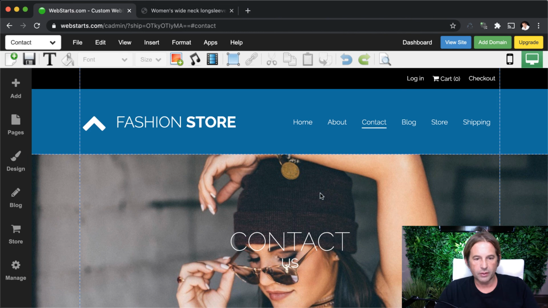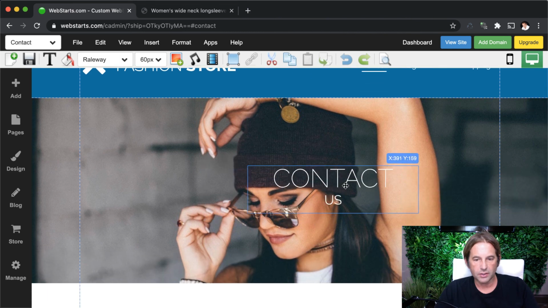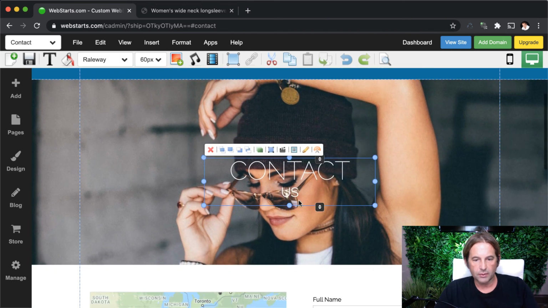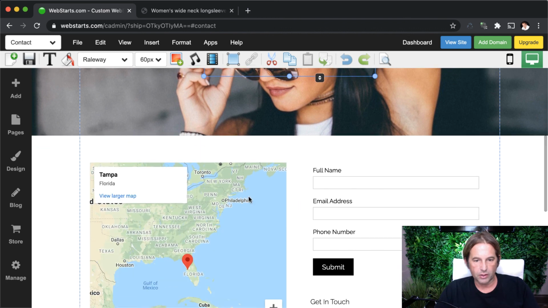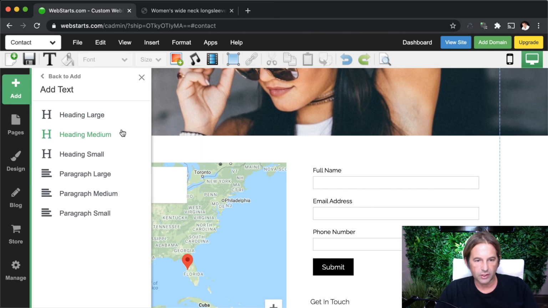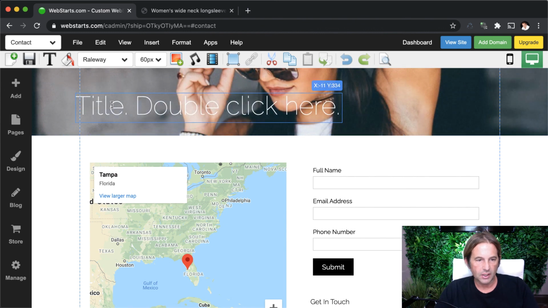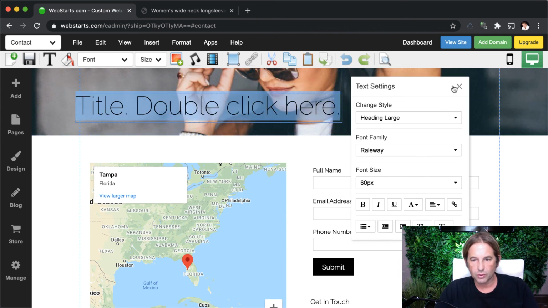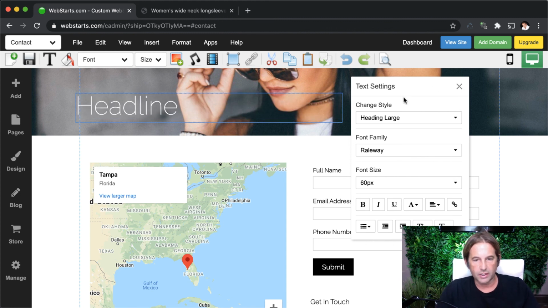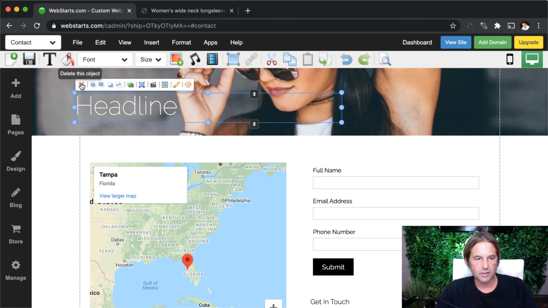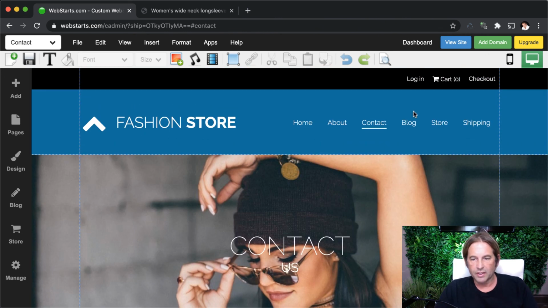So here, for example, you can see I'm on the contact page. I can just click and then drag and drop this text box wherever I want it to appear on the page. I can click over here and I can add some new text to the page and then drag and drop that around. I can double click on any of the elements in order to change their content. So if I just wanted that to be like some other headline, I would just select that box. I can delete it just like that. That's just a real rough